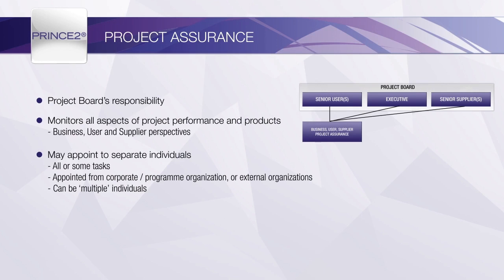There are no rules about the amount of project assurance activity that can be delegated, and indeed, each project board member may choose to delegate some or all of the assurance activity. The number of people who may be delegated project assurance responsibility is entirely at the discretion of the project board member. Project assurance must not be delegated to the project manager, team manager, or project support roles, as this would create a conflict of interests. In the best-run projects, project assurance will be seen as being supportive to the project manager, as opposed to being focused on finding fault.